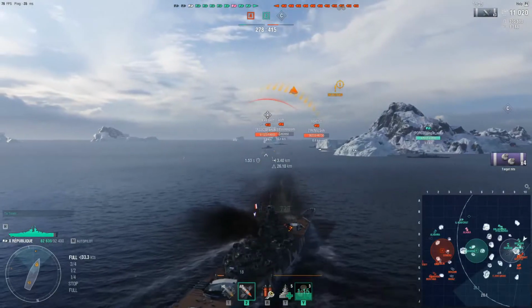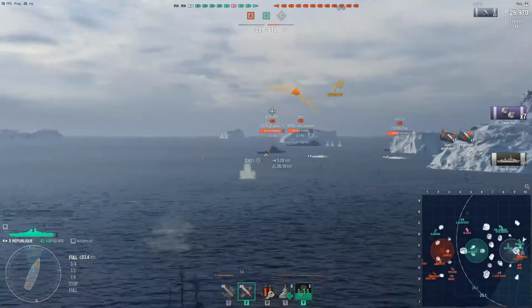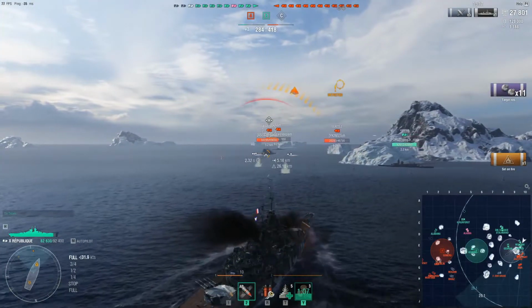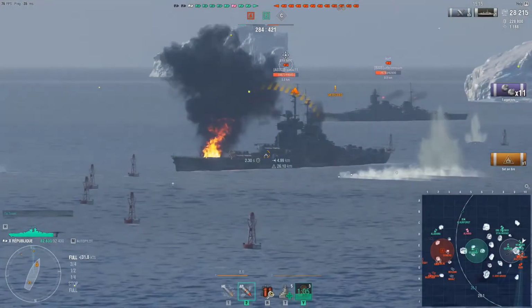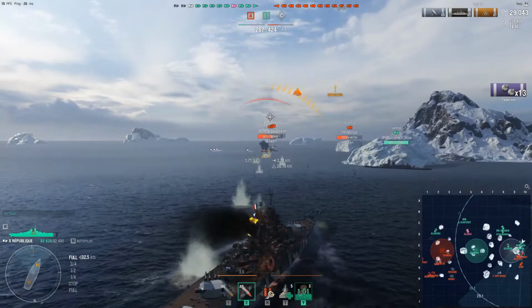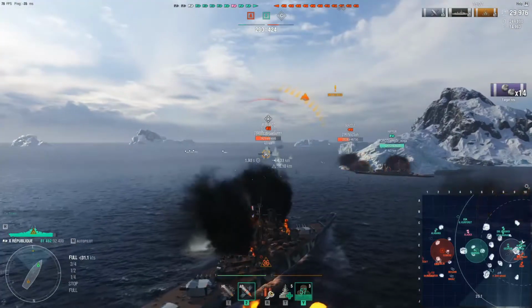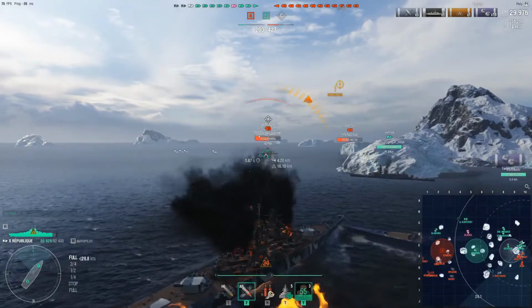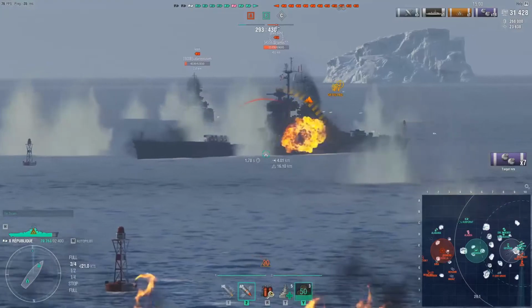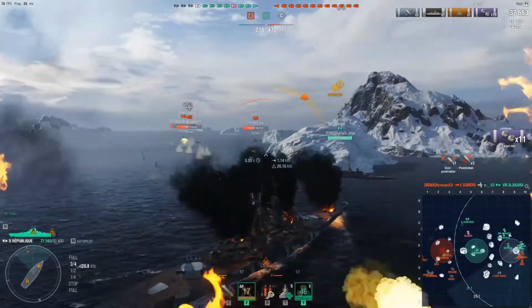You are somewhat resilient to AP, because as you can see here, a good volley on the Seattle, but this is inconsistent. By the way, you have the French spaced armor, which means that it is not a foolproof armor in the sense that you can get citadeled, especially from close range. If they aim under your turrets, you have kind of a weak spot there. But